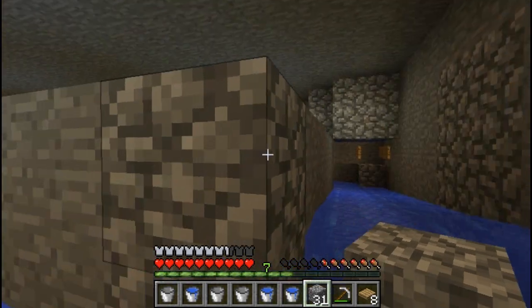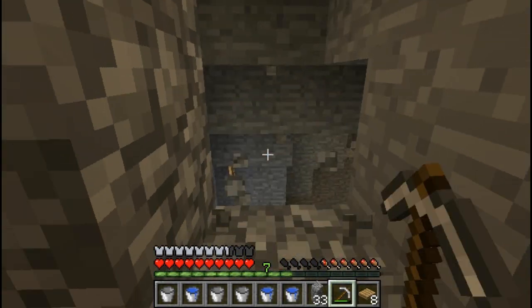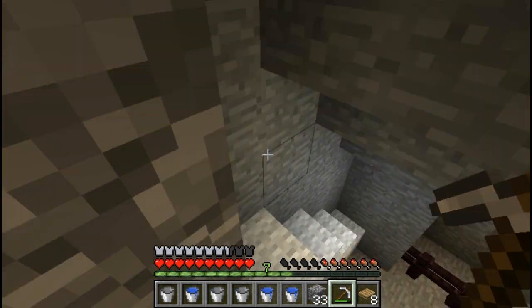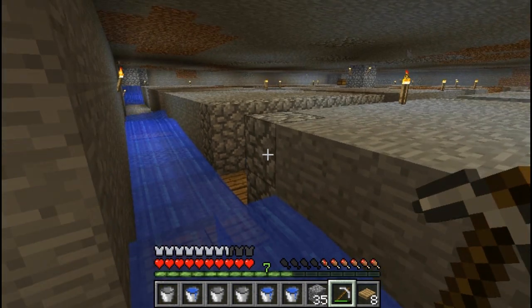I covered up the bottom of the tower, and I totally forgot I don't have an official way out, because I covered up the ravine also, so I'm gonna have to utilize this as my little back and forth area, and I know, well,